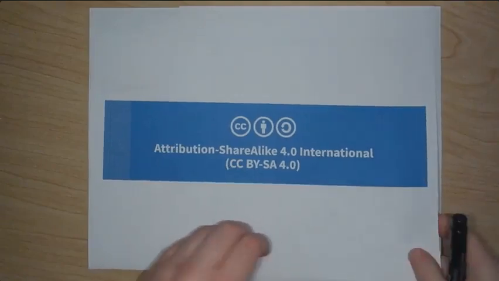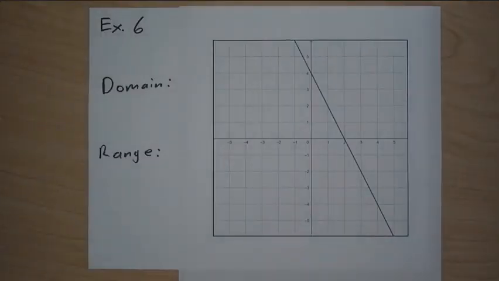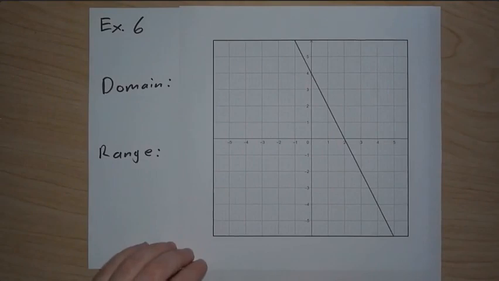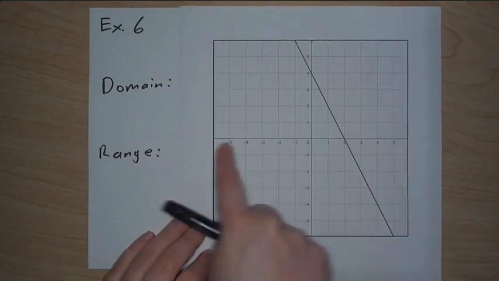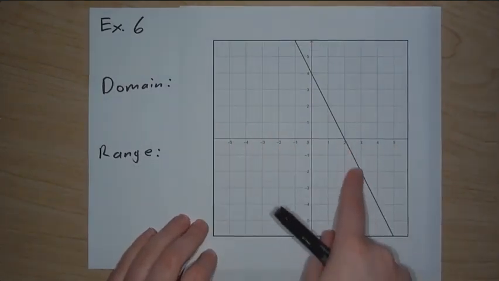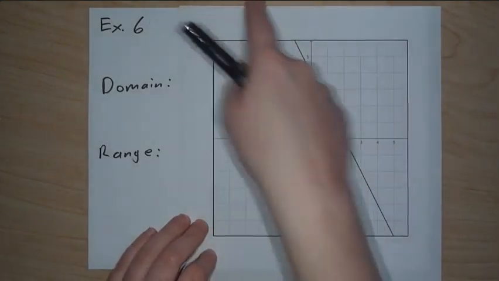This is example 6 for lab 7. We have the following graph and we want to figure out the domain and range of the function that's in the graph. Our domain is going to be our x values and our range is going to be our y values. If we look at our x values, negative infinity to infinity, since this line goes on forever,